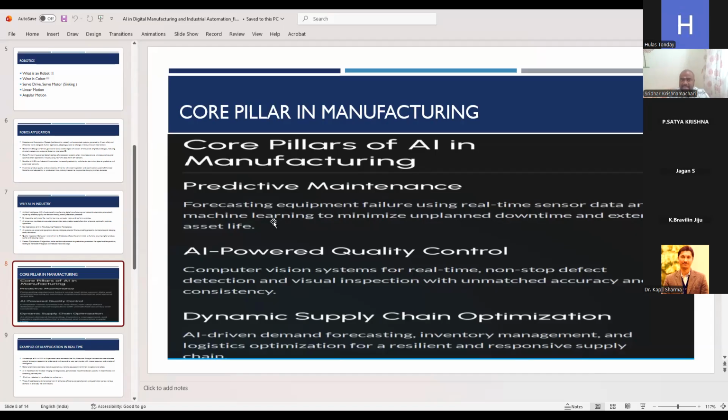Predictive maintenance will be based on time and condition. Condition-based maintenance or time-based maintenance will be the predictive. So let us assume the machine is running continuously. We need to monitor the life of the machine, right? Each and every product has a life cycle. For example, a valve will have a number of actuations, a cylinder will have a number of strokes, a motor will have a number of running hours. Beyond that, it cannot function without proper maintenance.